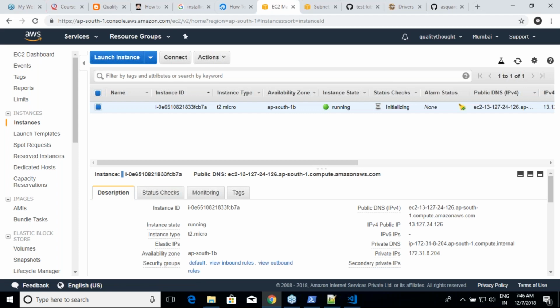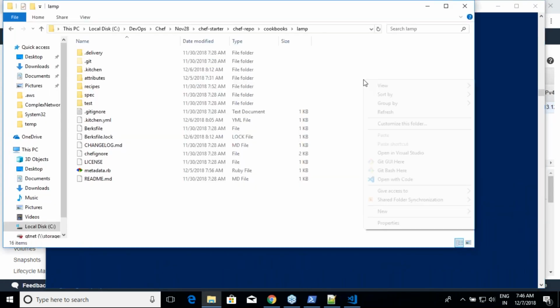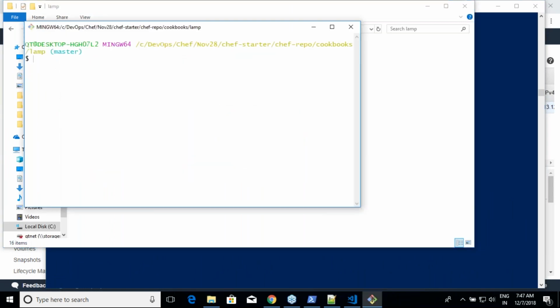Now, if you want to log in to this machine, better go with Git Bash, as login is something which Git Bash can do. PowerShell is not so good at that. Kitchen login: whenever you have more than one platform, you have to give the platform's name. For example, if you have 3 platforms, CentOS, Red Hat, and Ubuntu, then you have to say kitchen login default-centos-7, or default-ubuntu-16. That's what you need to use.